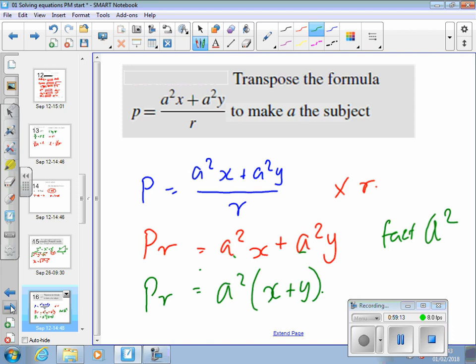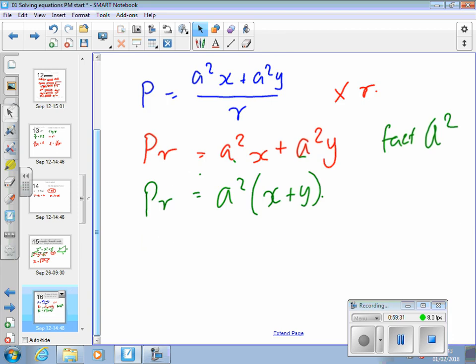So now we've only got one term with a in it. Still squared, and it's still multiplied by x plus y. But we got rid of this 2a squared problem, two lots of a squared. So what can we do now? Divide by